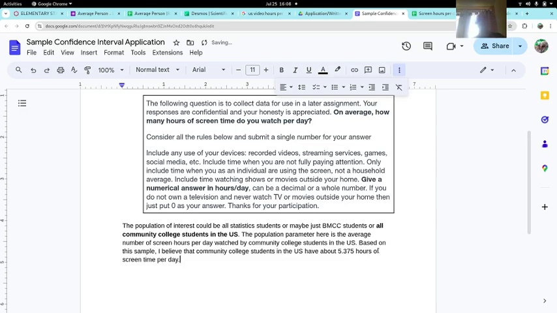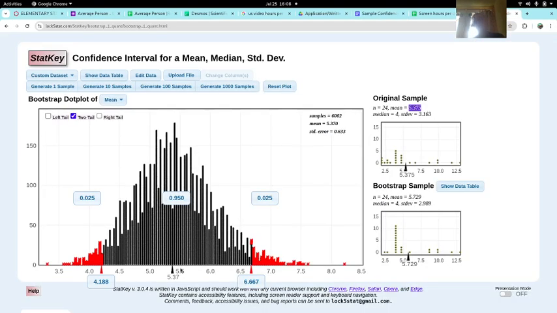Okay. Now again, I didn't ask all community college students in the US, so this can't be accurate. So then I have to come up with a margin of error. The margin of error comes from basically measuring from the center out to the edge. So I think the average is about this, but it could be as low as 4.2 or as high as